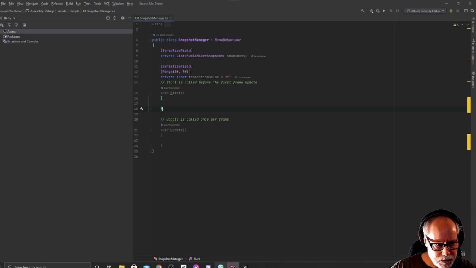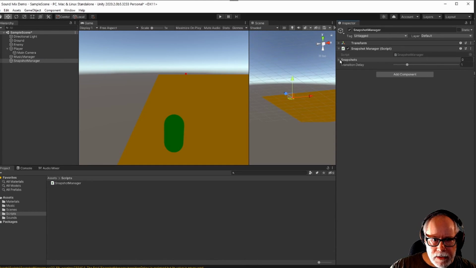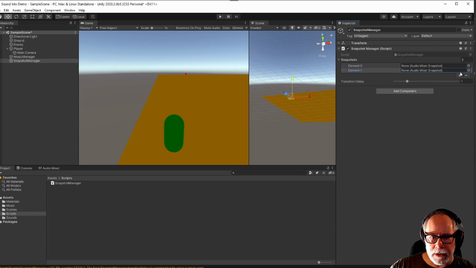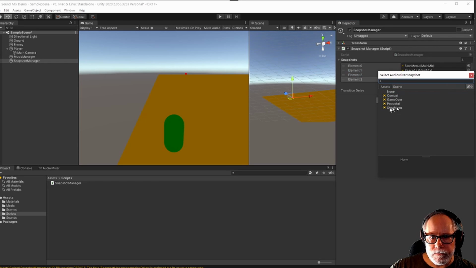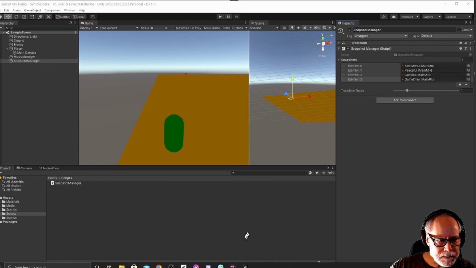If we go back to Unity, you'll see that we now have this list of snapshots and this transition delay slider on our snapshot manager. So let's go ahead and create 4 elements for our snapshot list. And we can just select Start Menu, Peaceful, Combat, and Game Over. Go back into our script,